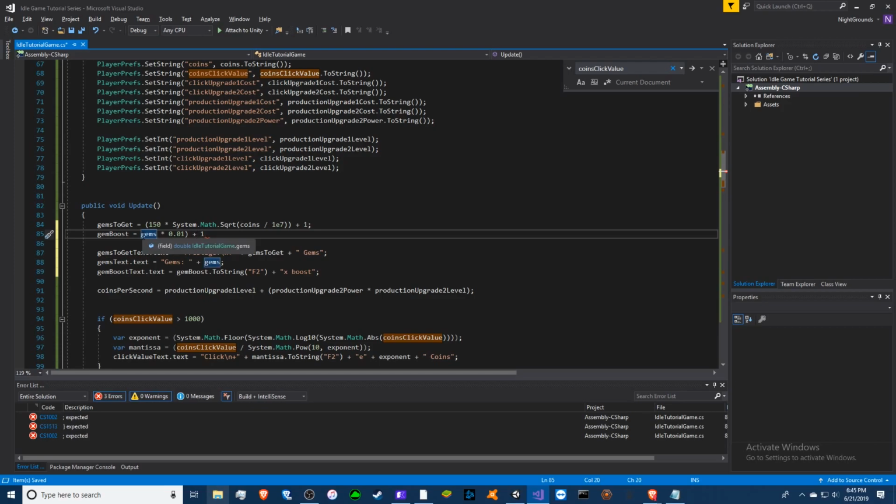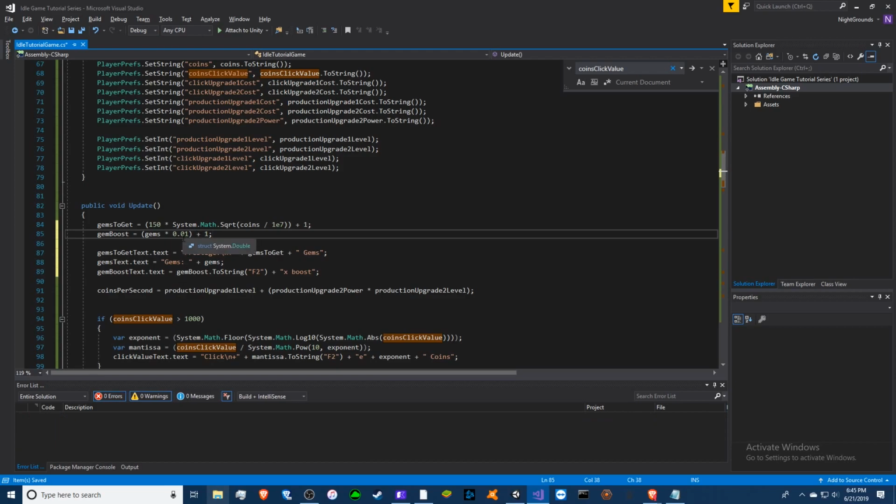That means the boost will always be greater than 1. If it was not, then you would see some bad effects. Like if it was 0.5, you'd be getting half the production rather than 50% more. So every 100 gems is worth that much, or basically a 1% boost. Most games usually have it at 2%. So in this video, I'm going to do 5%, just so it's easier to see